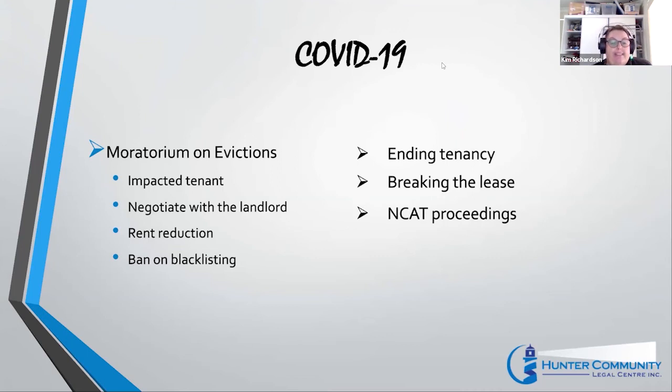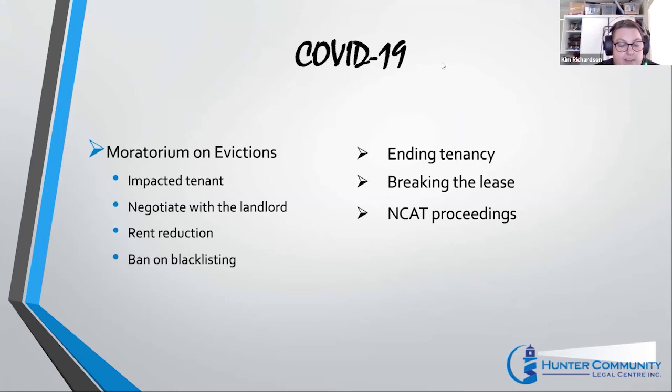If you're not an impacted tenant, then you are not covered by these protections. And if you are evicted, owing more than what your bond is worth, or by a tribunal order, you may still be listed on a tenant database for up to 3 years. And this can have a serious impact on your ability to find a home in the future. However, you may still be able to apply to NCAT to have the listing removed if you can demonstrate it is unjust in the circumstances.